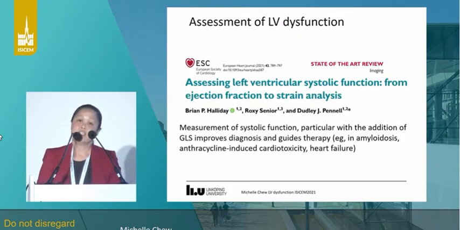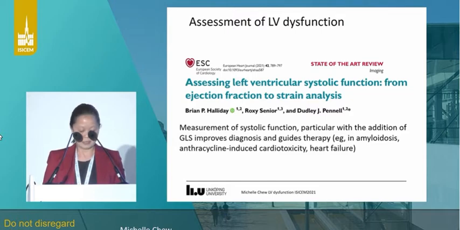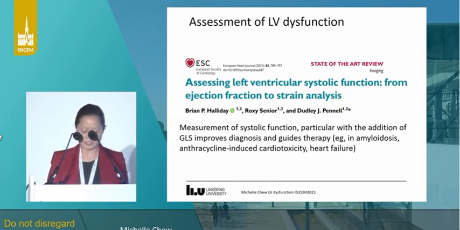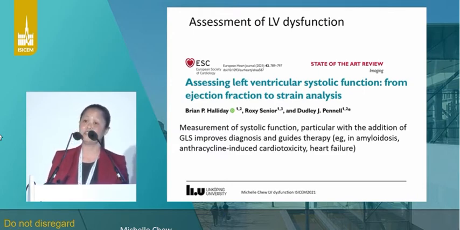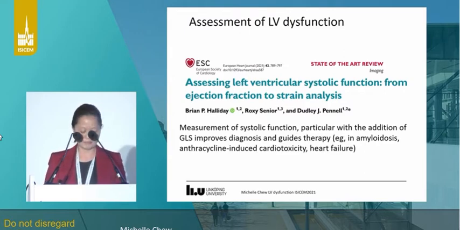So the recommendations from the Price's consensus in the critically ill population are in line with current guidelines as well from the European Society of Cardiology, and it includes the measurement of strain to detect subclinical disease. And in this recent review, the prognostic and diagnostic implications of left ventricular systolic function are addressed. In brief, what the document says is that deteriorating left ventricular systolic function predicts poor outcome and helps guide treatment